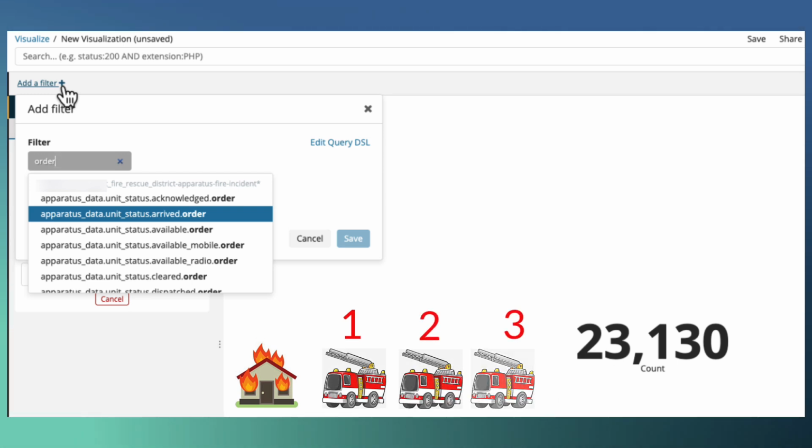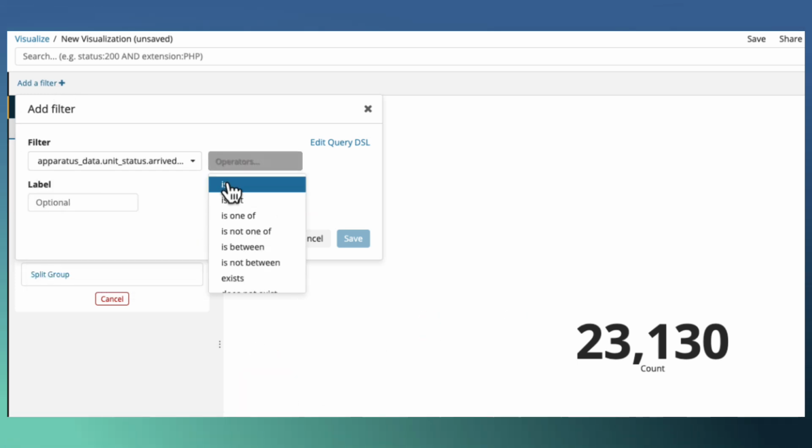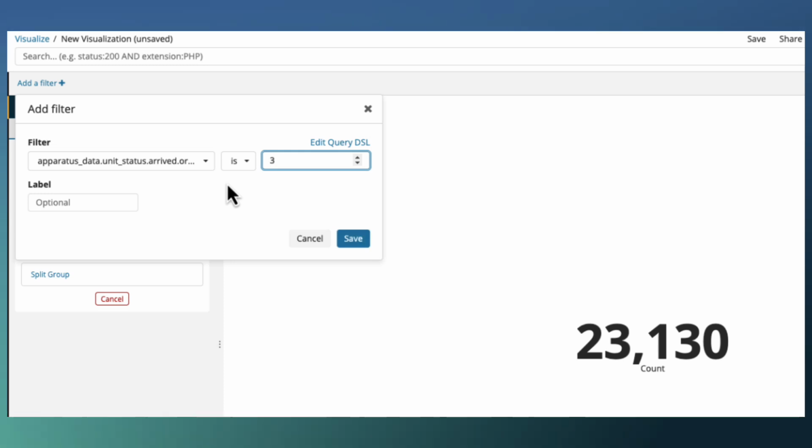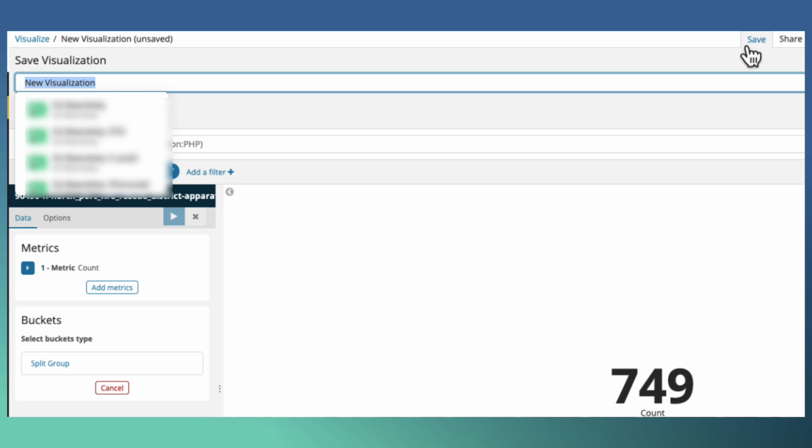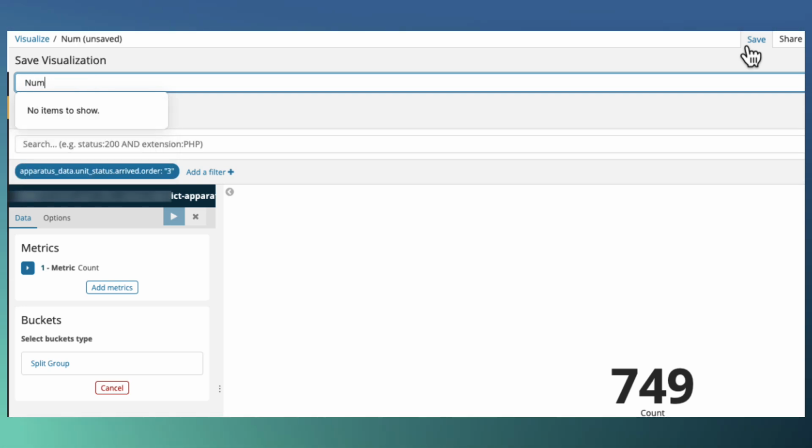So in this particular case, if I know that field name, which is unit arrived order, I can select this field and say, how many times did a third unit go arrival, or how many times was a unit assigned the number 3 spot? I'll just click on unit arrived order. I will say is, and I will put in 3. We're down to 749. For this particular organization, of those thousands of calls that they had, a third unit went arrival only 749 times. Now from here, I can save my visualization and we'll name it number of times a